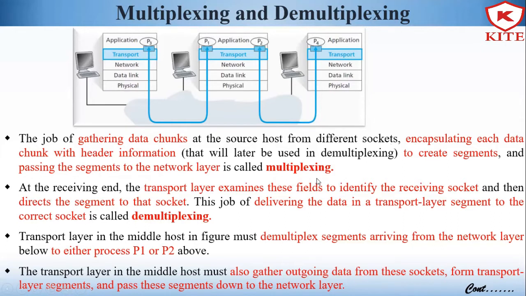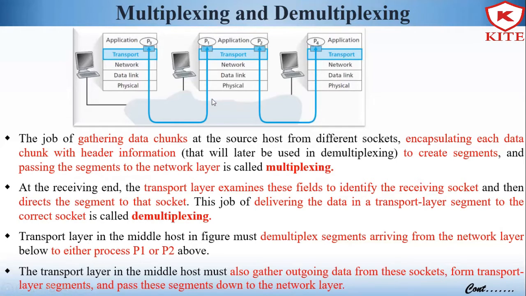This is called the multiplexing process. At the receiving end, the transport layer examines these fields to identify the receiving socket and directs the segment to the socket. And this job of delivering the data in a transport layer segment to the correct socket is called demultiplexing, as I said previously.